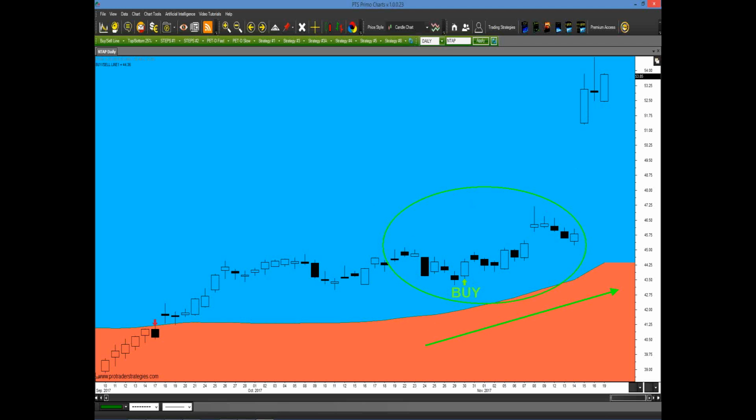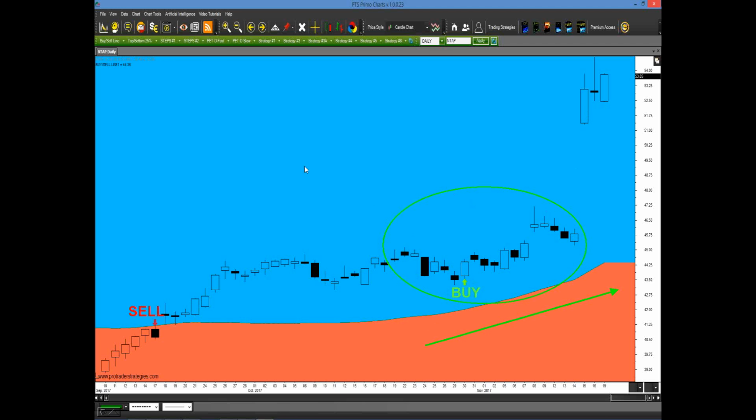Now, everything I've shared with you is just the chart telling us what it wants to do. And strategy 4 is not some convoluted strategy that's based on tons of indicators. It's a very simple 5-rule strategy that really just looks for a pattern. The only indicator we use is the buy-sell line. So we're just learning how to listen to the market. We're not putting our impressions or our ideas of what we think the market's going to do. We would never trade that way. If the market wants to go up, it's in the buy zone. If it wants to go down, it's in the red zone. It's that simple. Then we look for this pattern if we have a nice upward slope.